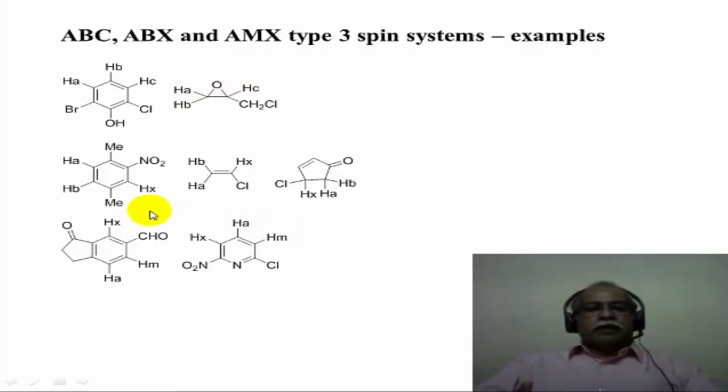In the case of aromatic systems, again, if you consider this derivative, 2-nitroparaxylene, the 3 hydrogens on the aromatic ring would constitute an ABX kind of system. A mono-substituted olefin can present a fairly complex spectrum of an ABX type, for example. This is another example of an ABX spectrum, and this is one more example of ABX. Finally, the pyridine derivative can also present itself as an ABX spectrum if the two substituents in positions 2 and 6 are different. The chemical shift values and the coupling constant values can be different for these 3 types of hydrogen in this molecule.